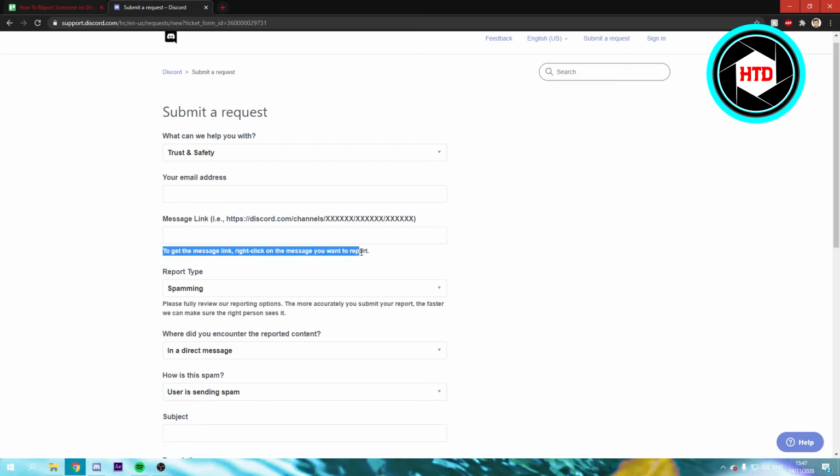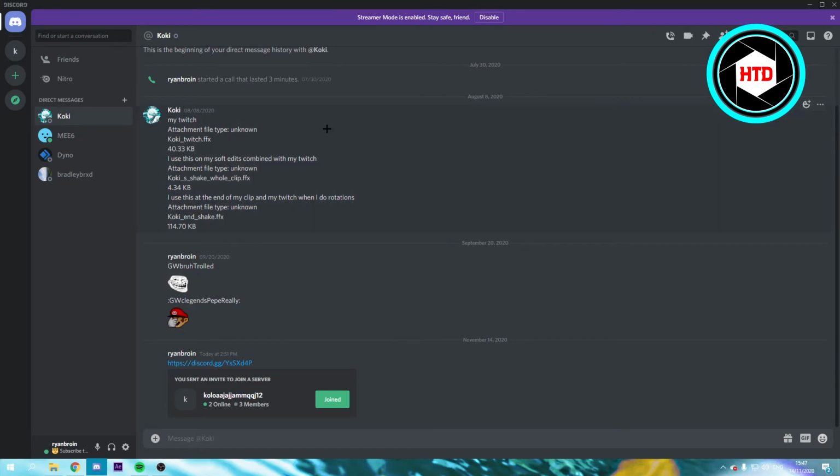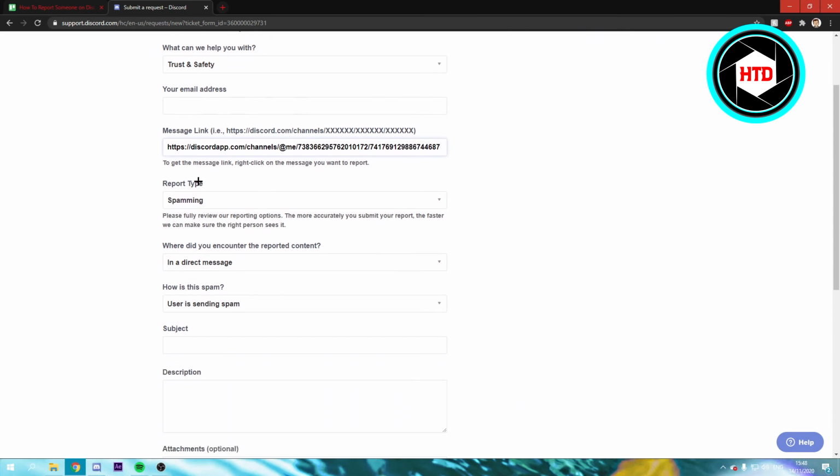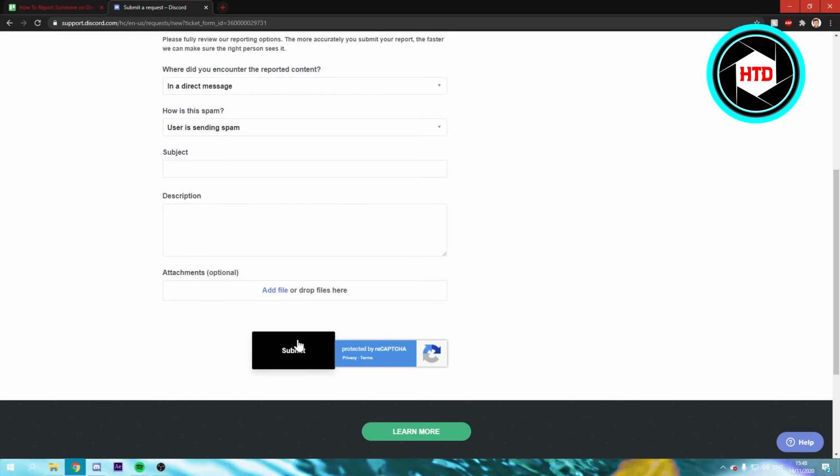the message link. Basically, you want to go to Discord, go to a chat, and find the message you want to report. Then click on more, then copy the message link just like that, go back, and paste the message link in here. Once you've filled all that in, you can submit a request, and then they